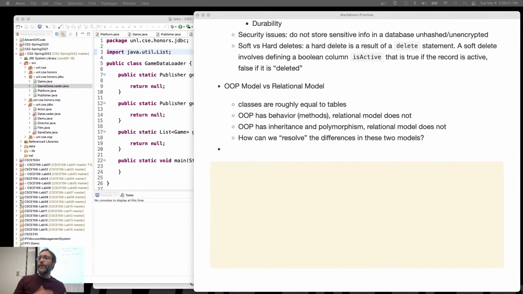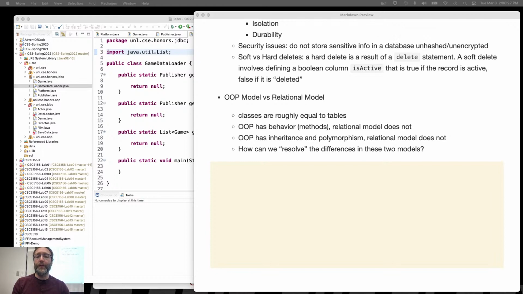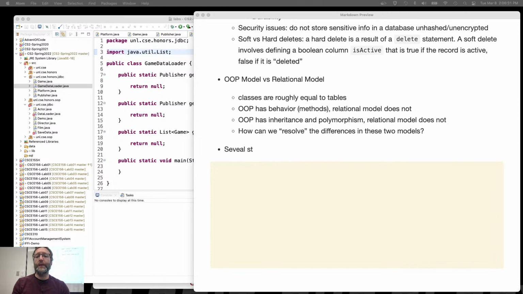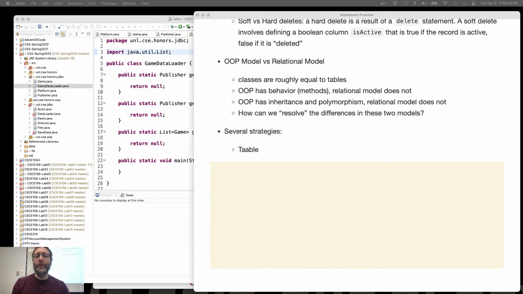Anyway, to come back to the object versus the relational model, there are several strategies. I'm going to mention them all so that you'll understand what they are, but then I'm going to tell you to ignore them and use one particular strategy because it's the simplest. You can have what's called a table per class or subclass strategy,